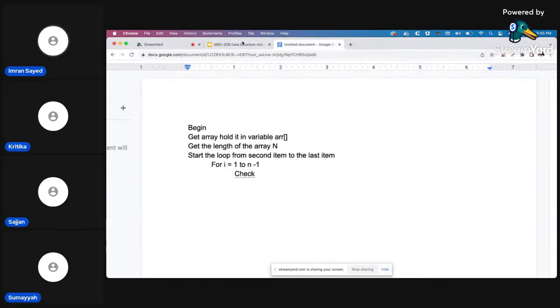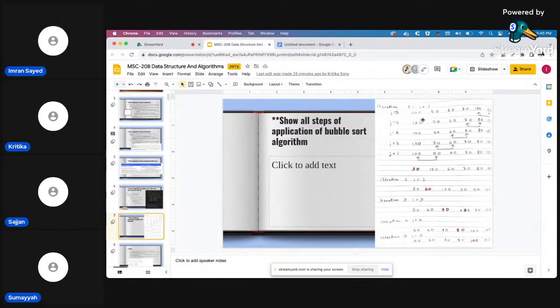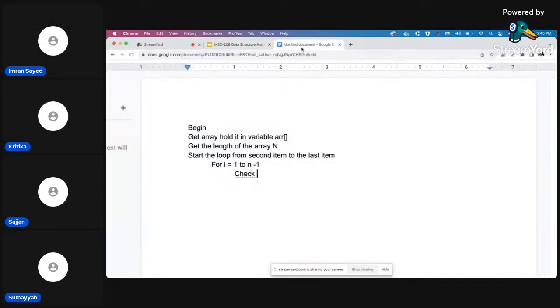Okay, and then it's going till the last index, which is n minus 1, because the count of the items is n and we're starting from 0. Got it. Okay, so now we have to check if the